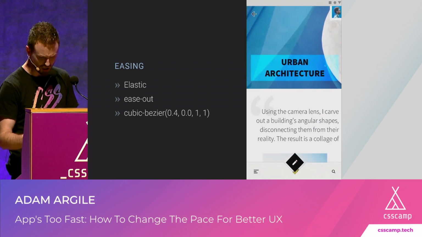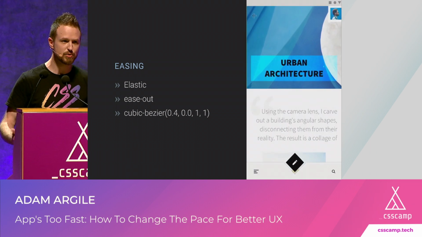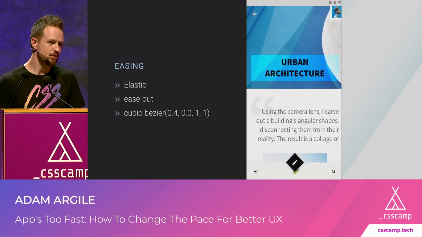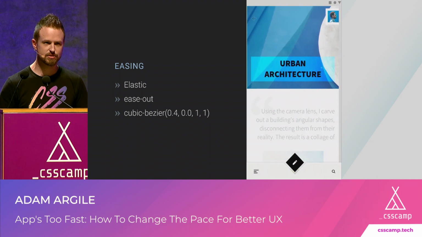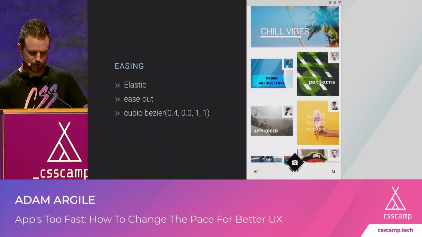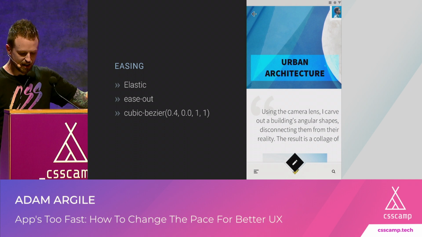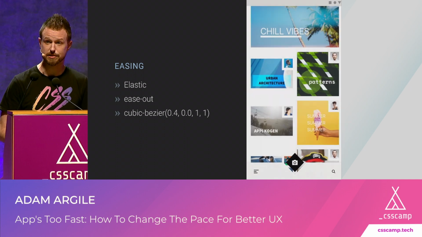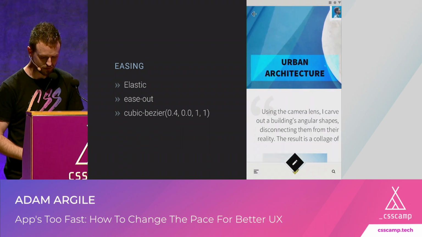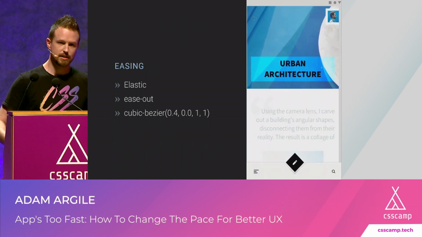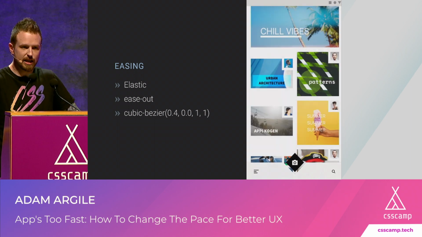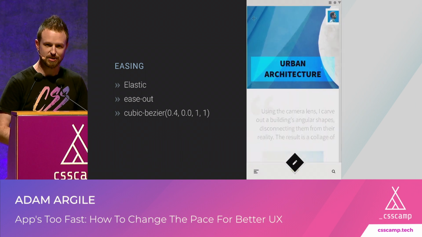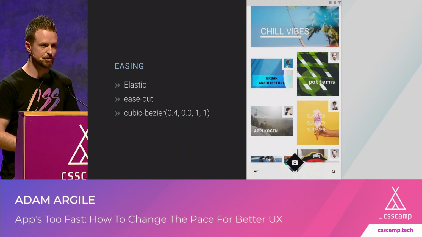That's weird. Okay, so easing. We have elastic, things that we want. It's encouraged to put rubber bands around things. I don't know why. I think it's because it was technically challenging before, and we just liked it because we could do it. We use ease out a lot, and here's a cubic Bezier that's really popular. I think that's Material's cubic Bezier suggestion for ease out, right? And again, if you look at that animation, is it creating or relieving anxiety for you? If you're using this app for 6 months or a year, what's over time the vibe that you get from this application?